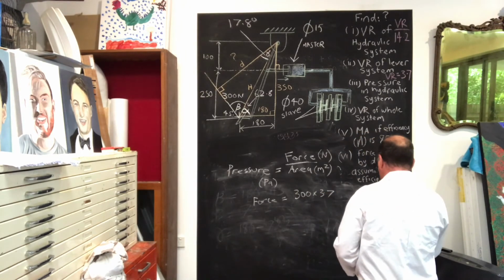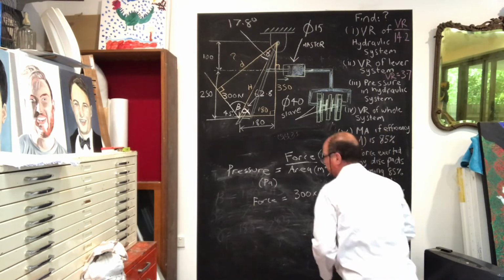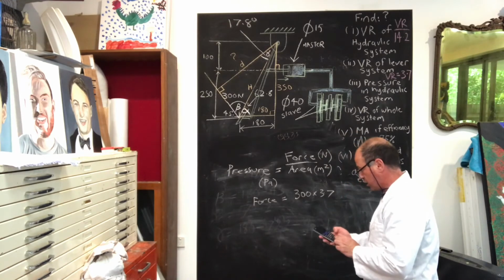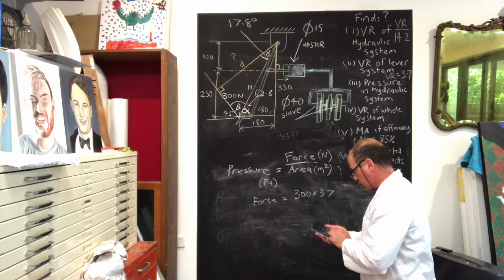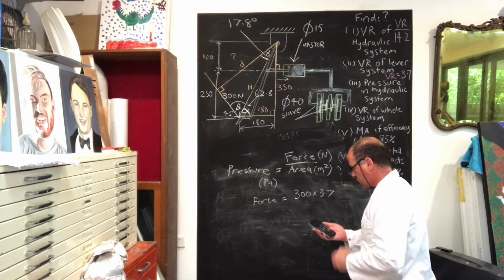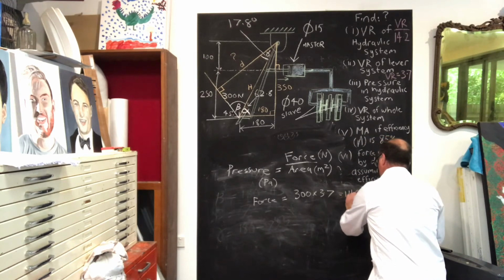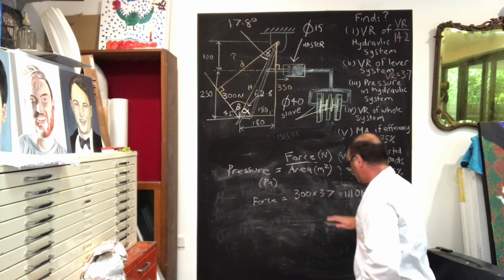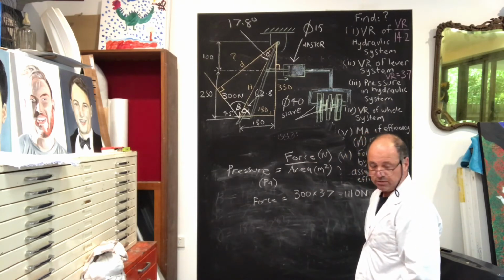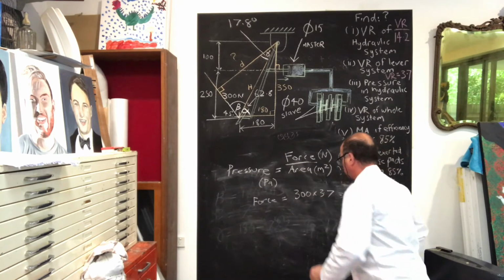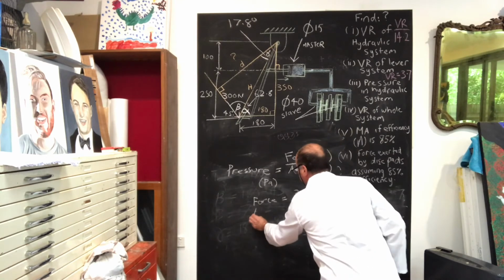Okay, because that's what our velocity ratio does. It's a force magnifier. So we're going to say 300 by 3.7, and we get 1110 newtons. So we've got the top of our equation for our pressure. Our area is going to be equal to